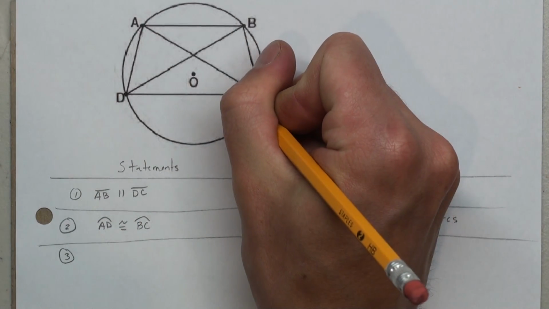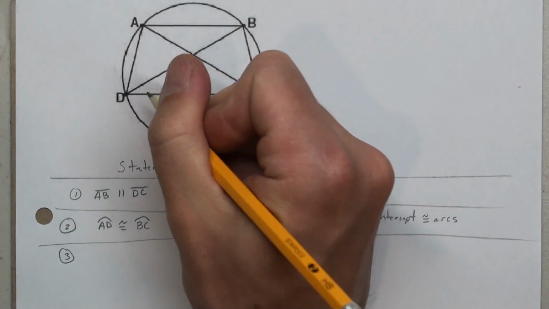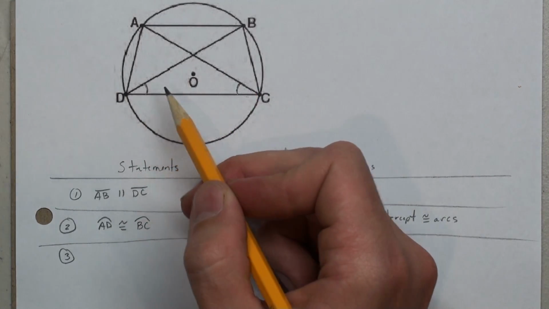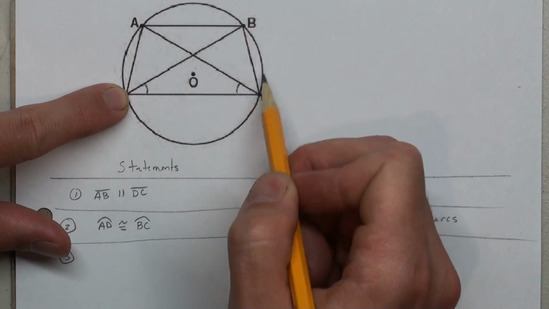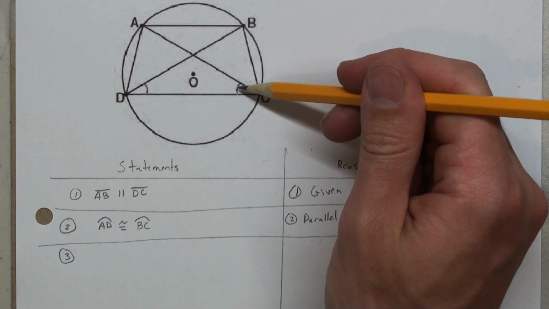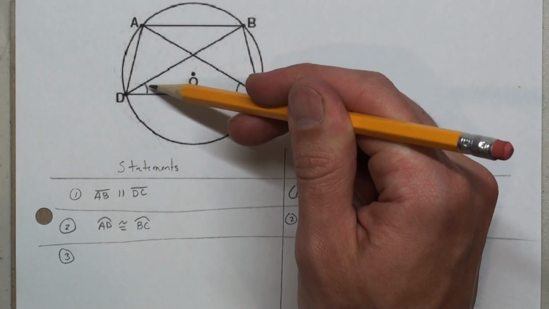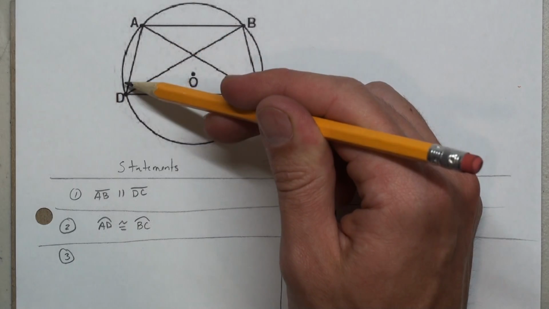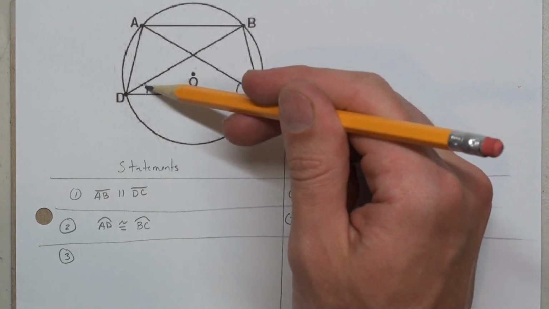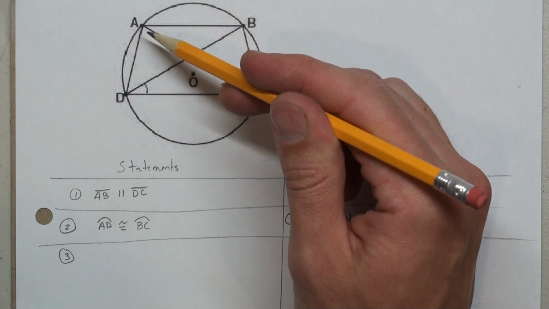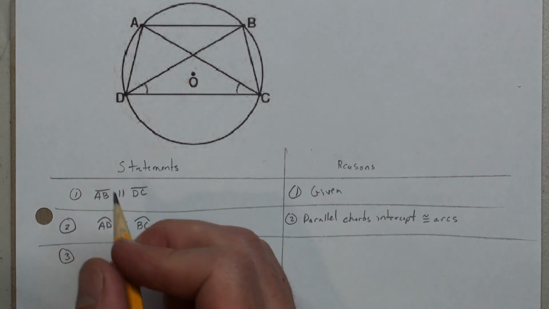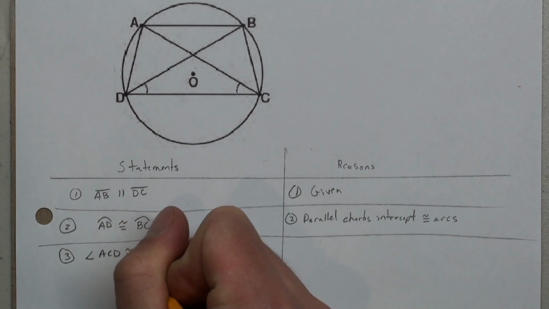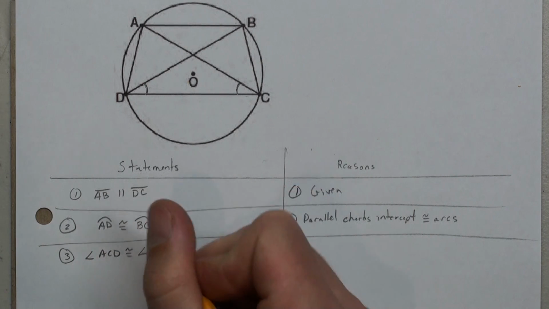And the reason why I wanted to show that those arcs are congruent is because now you see this angle right here, right? And this angle right here, you see how this angle is an inscribed angle that's intercepting arc BC, and this angle is an inscribed angle that's intercepting arc AD. Well, remember, the inscribed angle is 1/2 of the arc, and since these arcs are the same, both of these angles are going to be the same because they're both 1/2 of the same arc measure. So what we can say is that angle ACD is congruent to angle BDC,